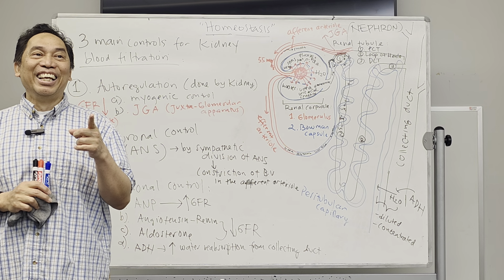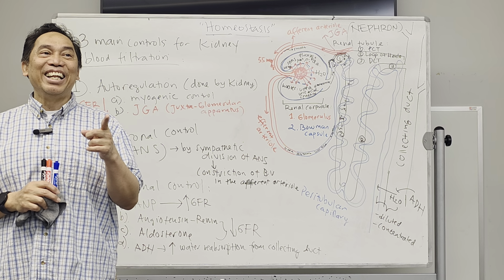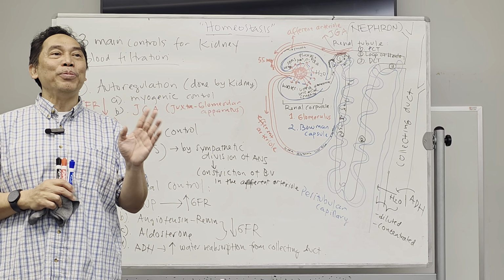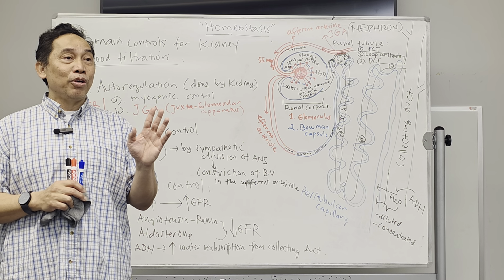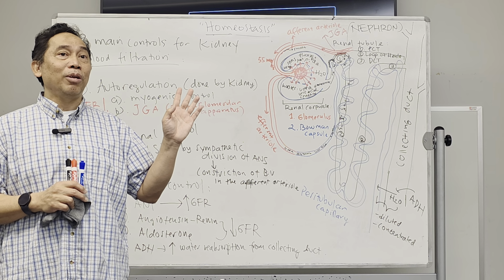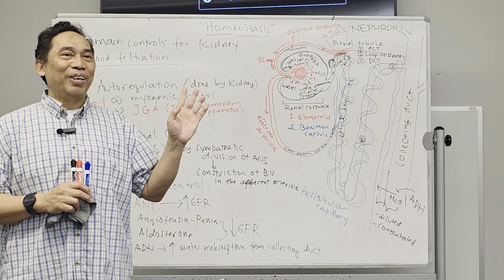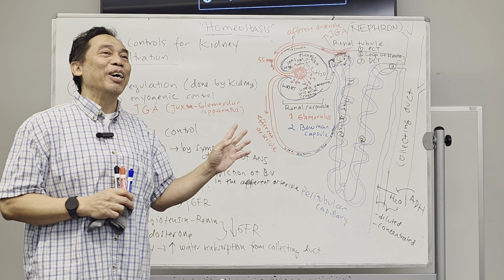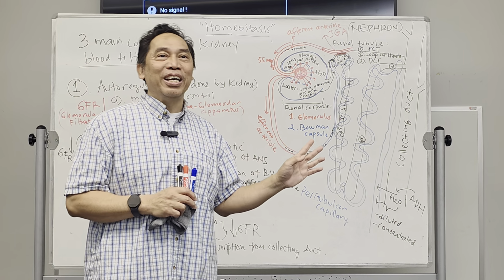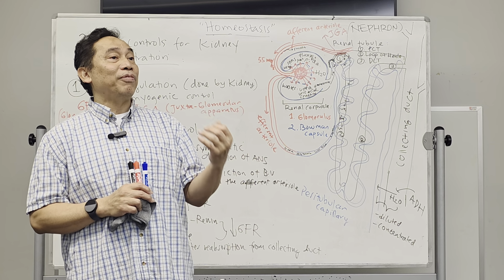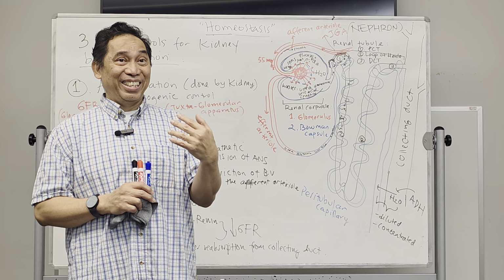Sydney? Still remember? Daniel? 1 million per kidney. So basically, we have about 2 million nephrons in both kidneys. If it is broken, that's done. It cannot be replaced. What can be replaced? The kidney itself. If someone has a problem with the nephrons, the kidney will not function. But they still can receive a kidney transplantation.